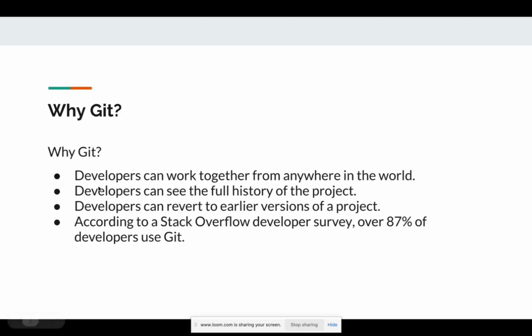Why Git? Developers can work together from anywhere in the world. I think I've said this, right? I've worked with people from different parts of the UK, US, and I worked with a company in Canada too. Different kinds of accessibilities, collaborations, right?